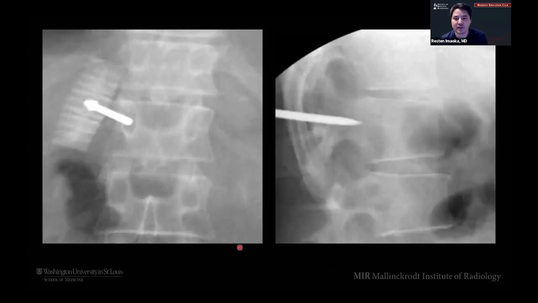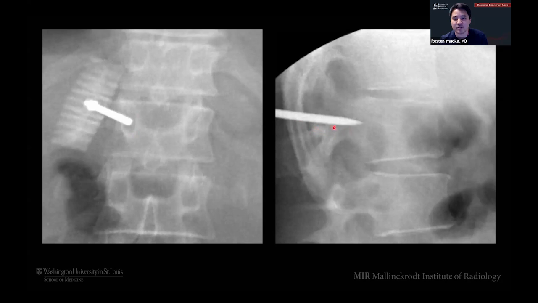As you're putting your needle in, you're going to be checking your APs a lot, right? You need to check here on your AP where you're a true AP, so you're looking at your spinous processes, where they're going to be equidistant from your pedicles on the right and left here, and you're really looking at that medial wall of the pedicle, right? So this is a nice view. We show the needles coming in, it's in the pedicle, but we have not violated that medial wall.